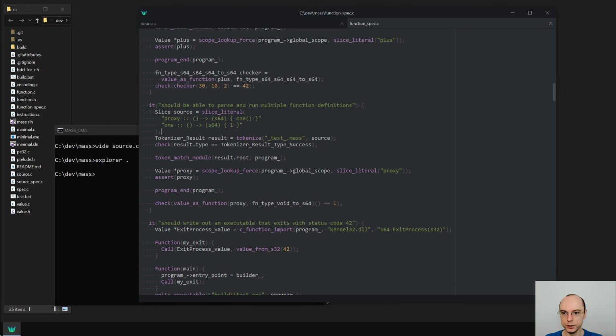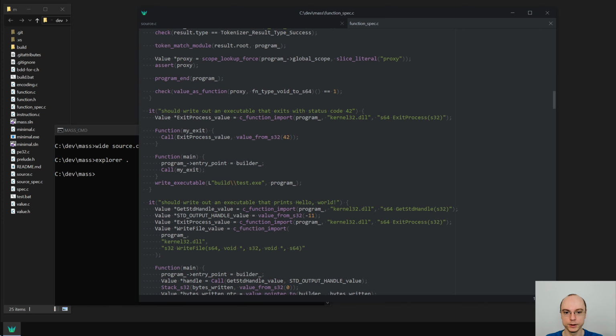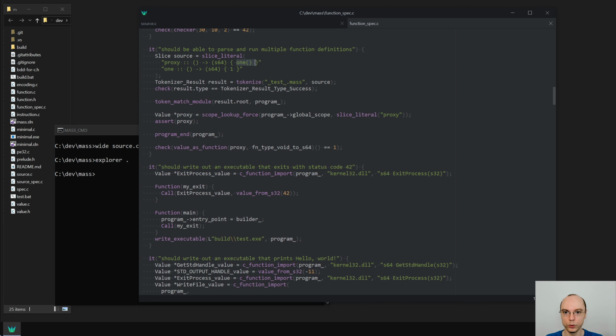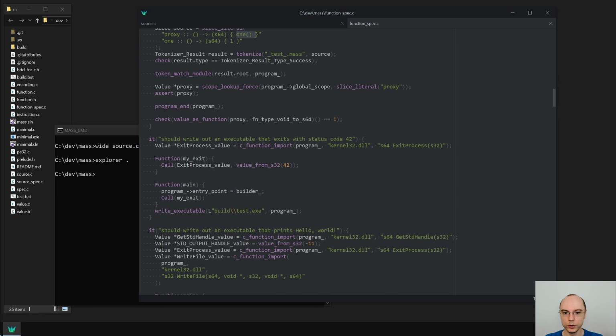In the last video, we made good progress towards making our functions more robust. In particular, now you can define functions in reverse order and you can actually call one function from another as long as that call does not contain any arguments, which is something we will fix today, at least for one argument. And today I want to take this test that we have here, which is us just trying to call